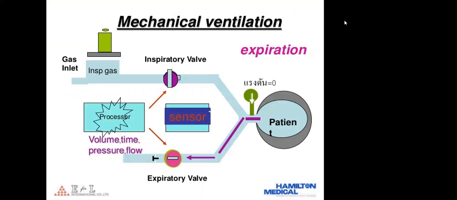Now, this is a schematic diagram of a simple mechanical ventilator, how it operates. And this is from the Hamilton Medical. Inspiratory gas goes through the inspiratory valve into the patient. And we have different processors that measure pressure and flow. It goes to the patient, and then the patient exhales through the expiratory valve, and the cycle continues. So there's a schematic diagram of the simple